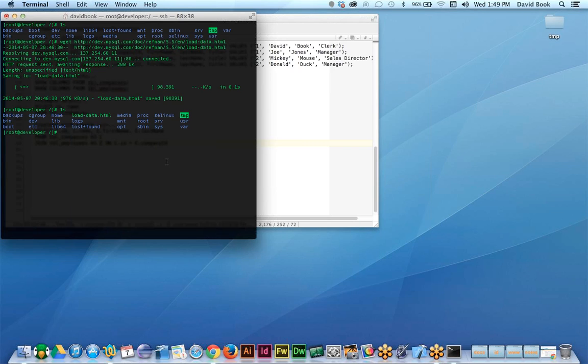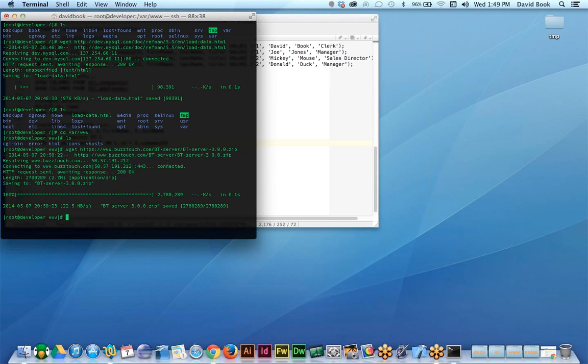I probably don't want to put the self-hosted server in the root. I would change directory and I would go to like, I don't know, var www. There you go. So maybe I want to put it here in my www directory. Right? wget. Go get the zip and download it. There, it's done. It's downloaded. It's on the server. See, it says right here, saving to,